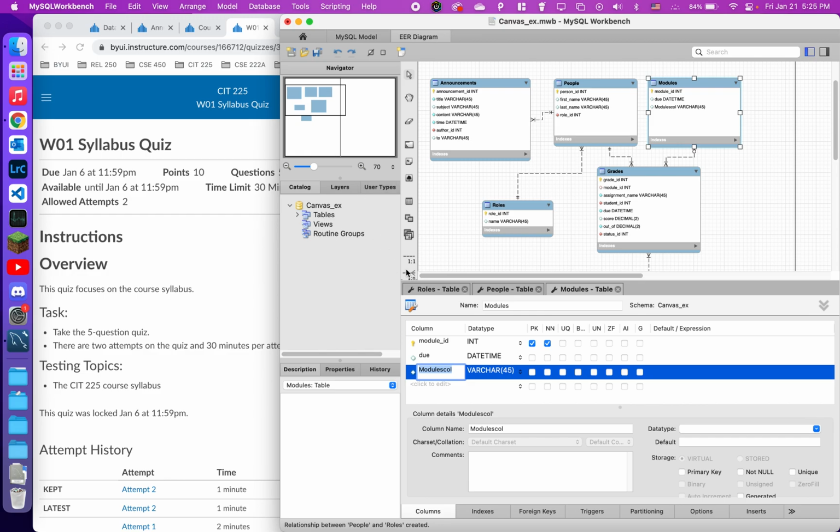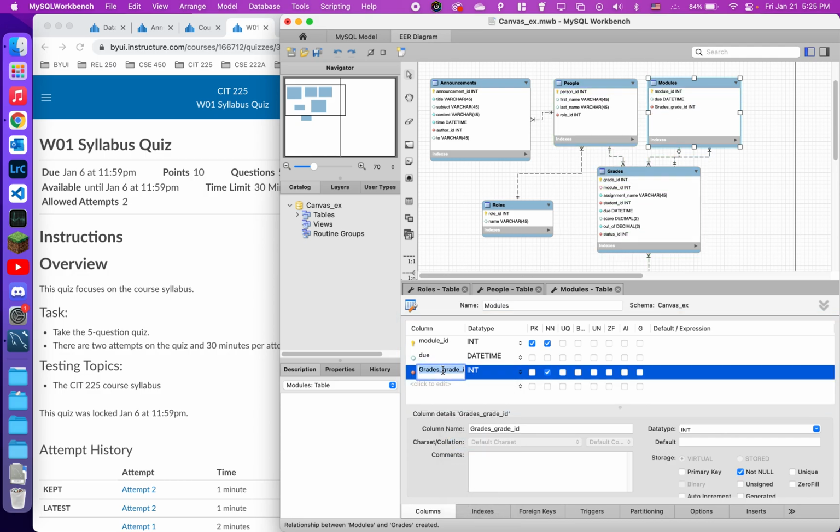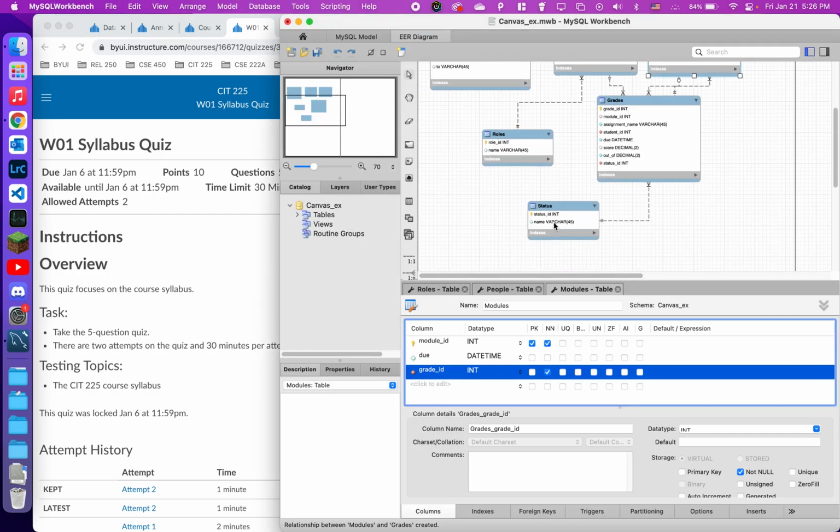So I'm going to go ahead and give that a relationship. Cool, that did that. And so modules column, that doesn't want. Okay, we want the grades so we can point it, so we can kind of display that in this window here. Obviously, it kind of has information for a quiz, so let's just not mind that. So we can kind of specify that. The site can kind of handle that if I give it a semblance of what kind of module it is,